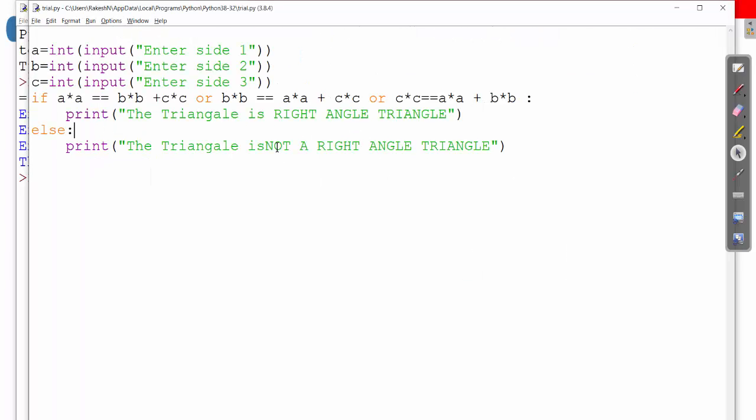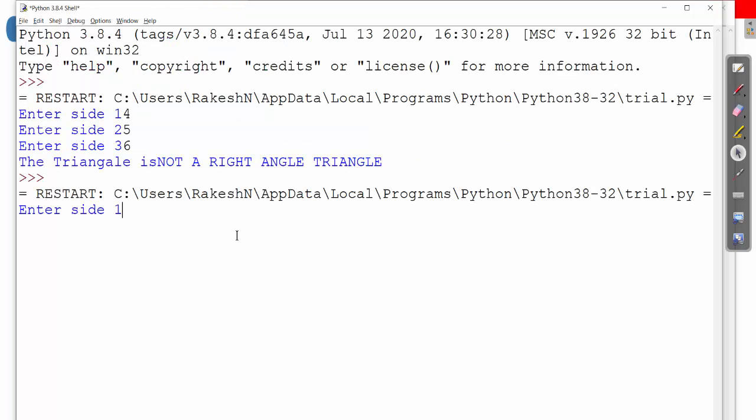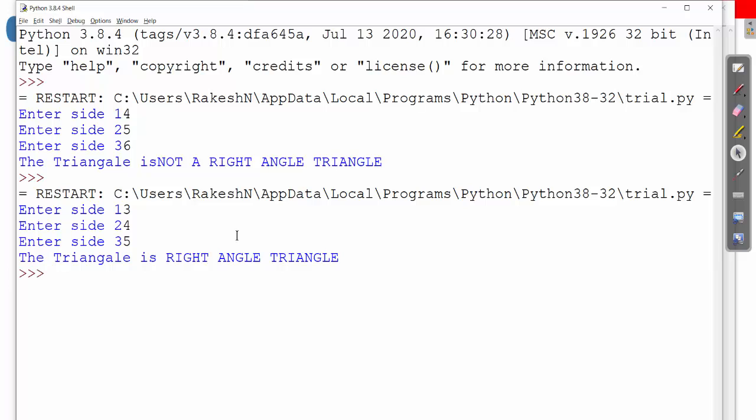So give me an example of a right angle triangle. I am taking 3, 4 and 5. So this is saying it is a right angle triangle. Okay.